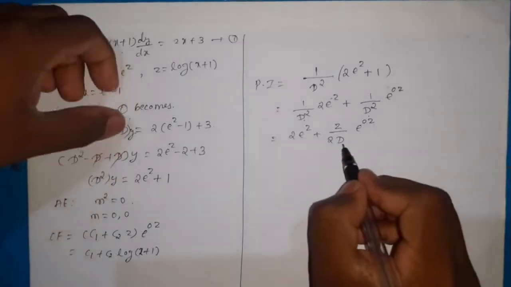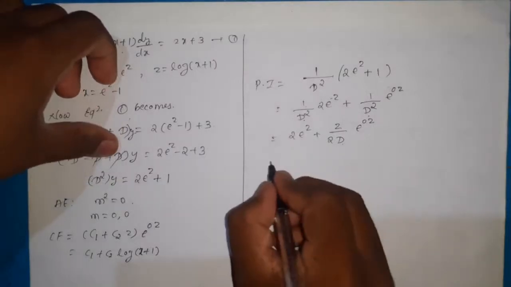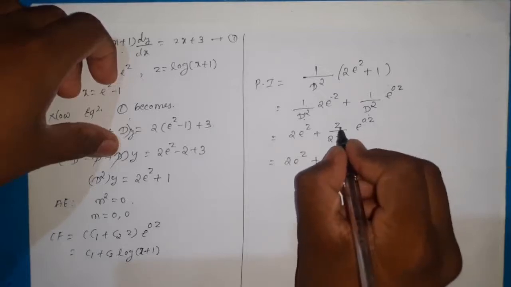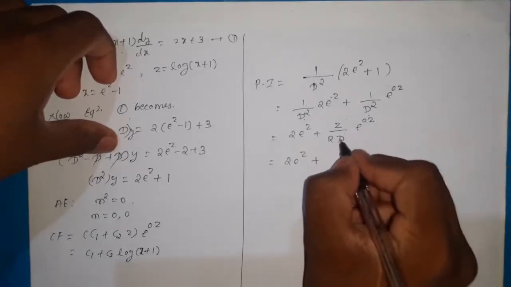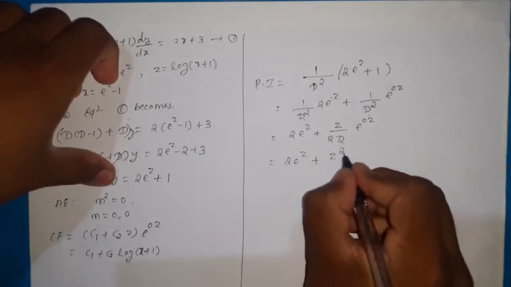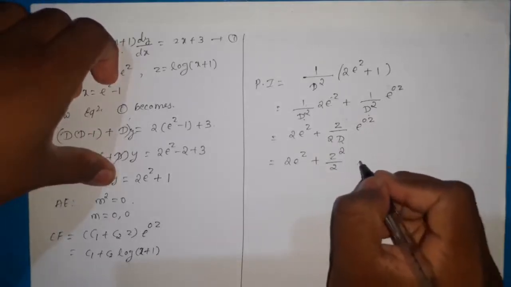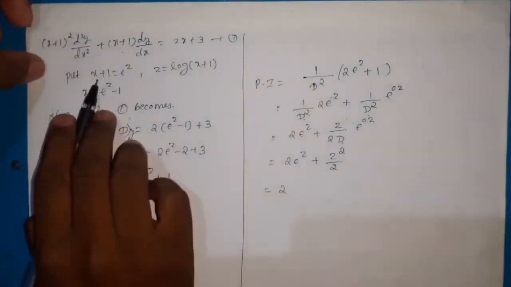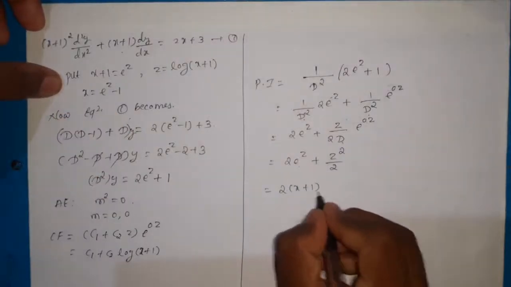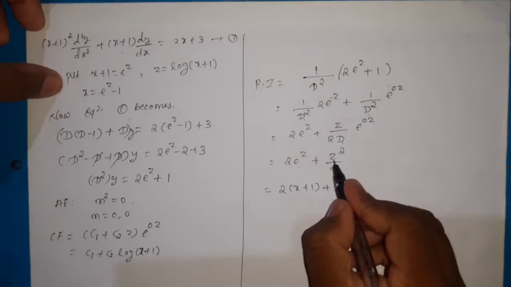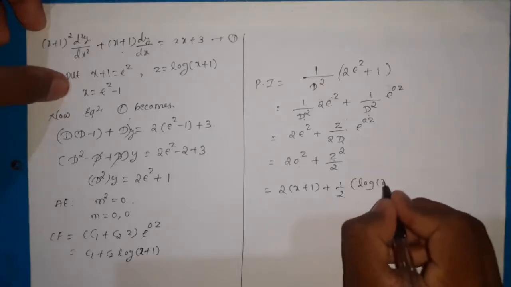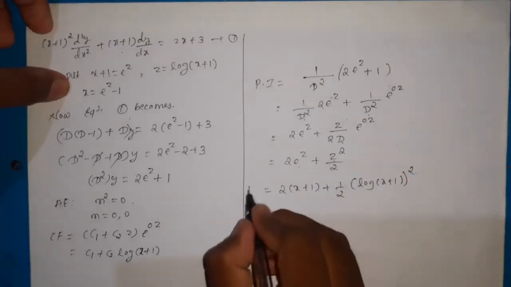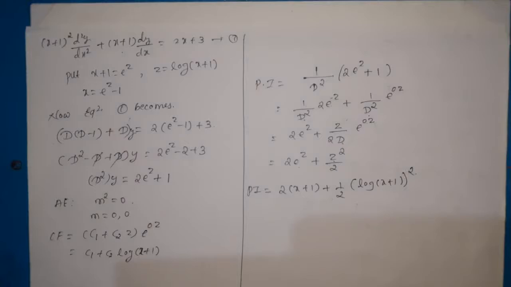Again d equal to 0 means that is the case of the failure, so therefore 2 e power z plus, already one z is there, again we will get z divided by differentiation of the denominator, that is z square by 2 e power 0z is 1. So hence it is 2 into e power z equal to x plus 1 plus 1 by 2 into z equal to what? Log of x plus 1 square, because it is z square, which is the required particular integral.